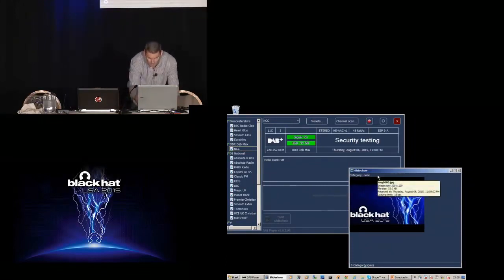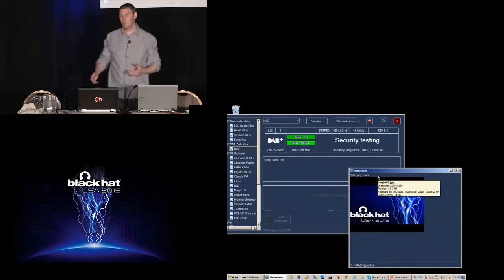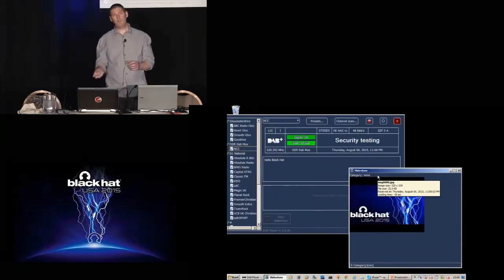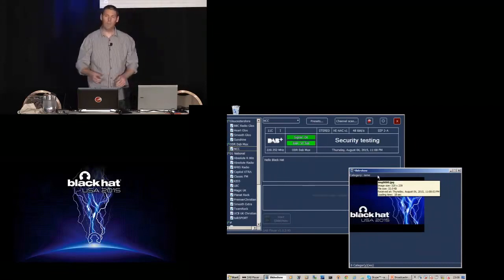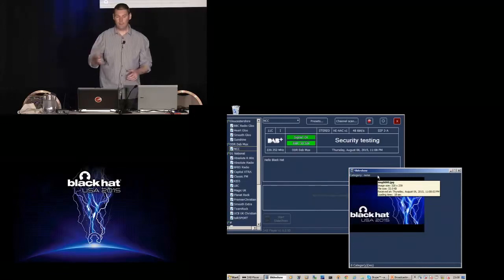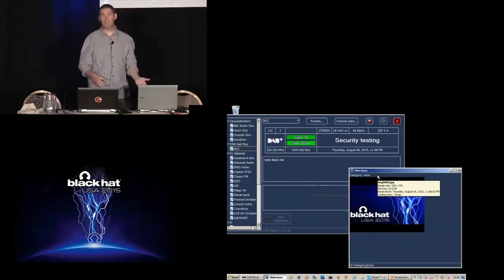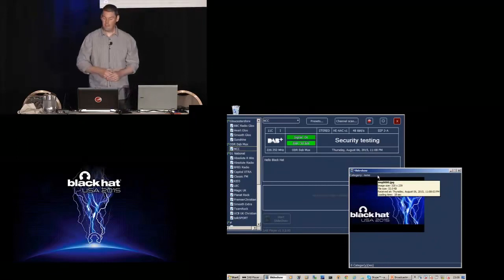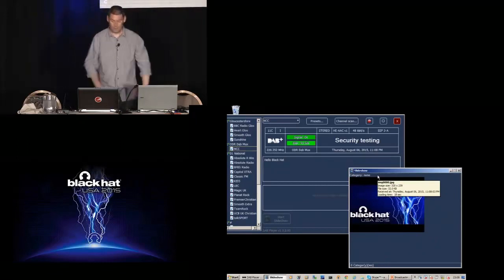Now, obviously, it took a little while to transmit that, and if you're going to be fuzzing, that's going to take a heck of a long time. The images that we've been using for our fuzzing are actually tiny, tiny JPEGs, which take a split second to send over the air. But I mean, it's still quite slow. Ideally, if you were fuzzing a real head unit, what you'd want to do is identify what the image processing library was through reverse engineering the firmware, fuzz it offline, and then demo it using a proof of concept using this technique to send it over the air to demonstrate that the attack would work via DAB.